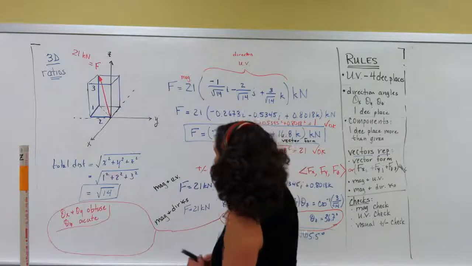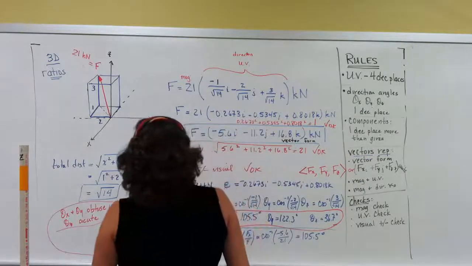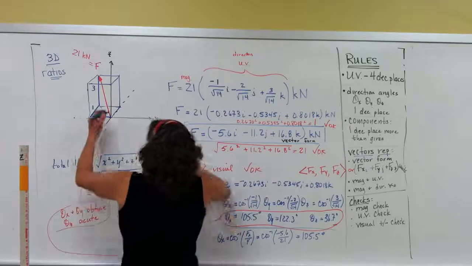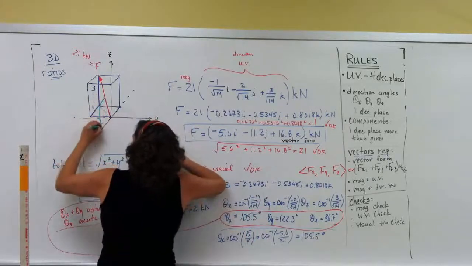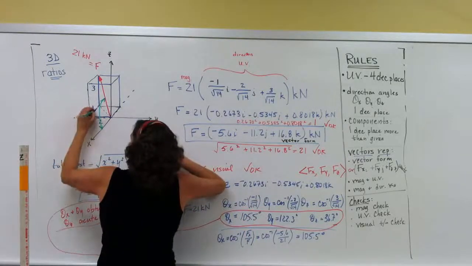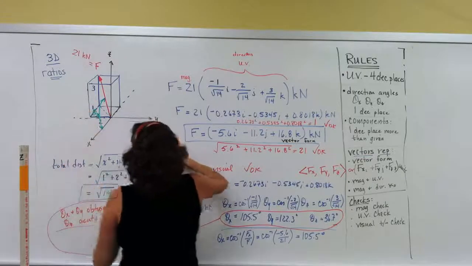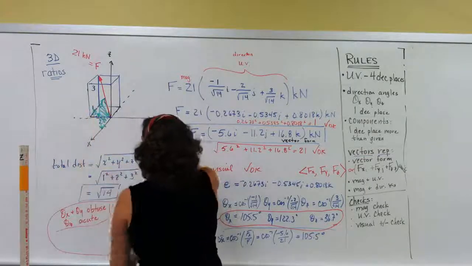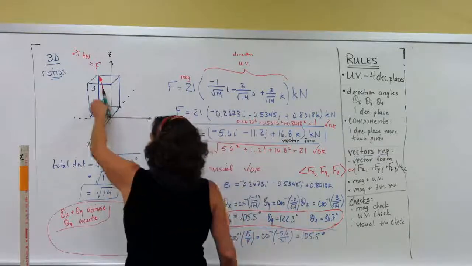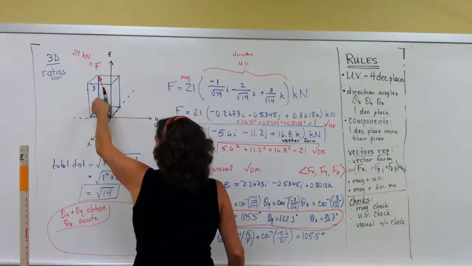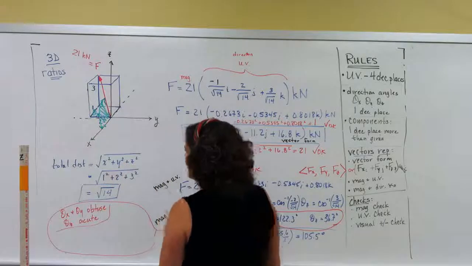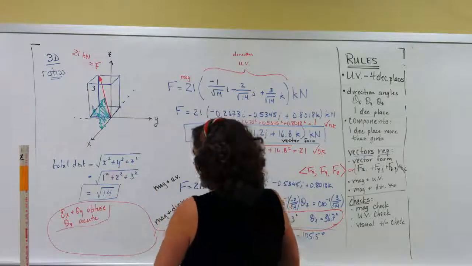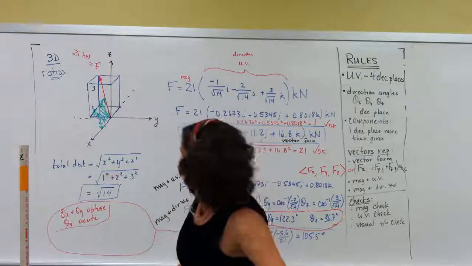I think the z angle you kind of figured out. Here, this is theta x. It's this angle right in here, that's theta x. It's the most direct angle that it gets from this force to this axis. Well, let's do